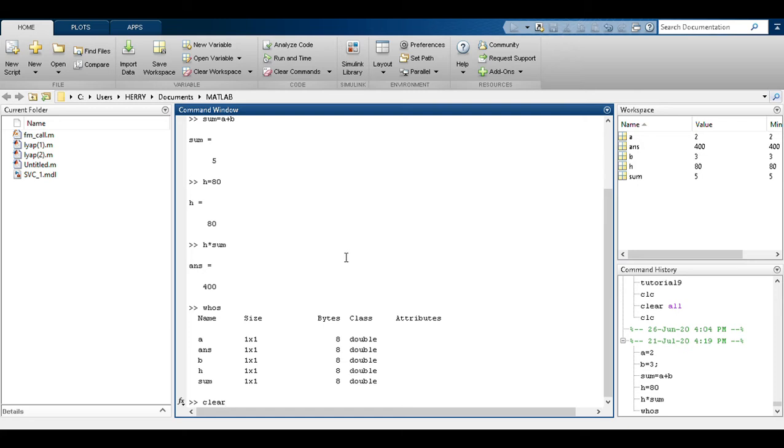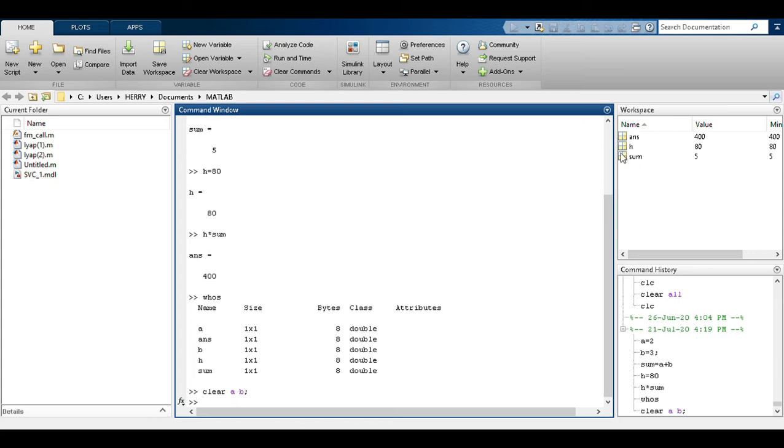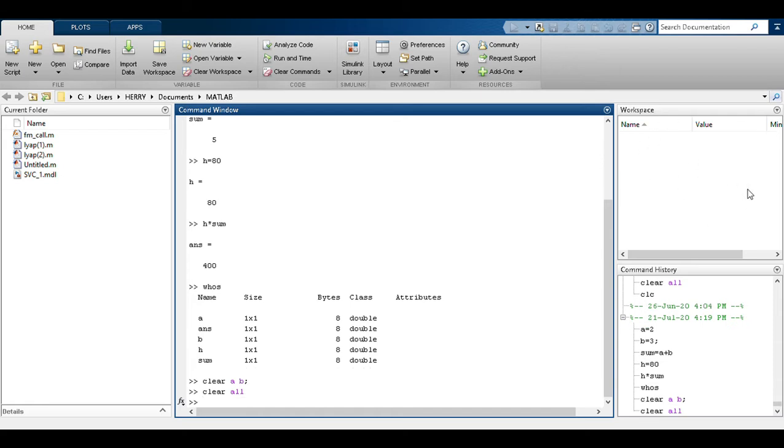If you want to delete only some of the variables, let's say I want to delete a and b, I can write clear a b, and if I hit enter, those two variables will be deleted. If I want to clear all the variables, that is ans, h and sum, I can write clear all. Now all the variables are deleted.